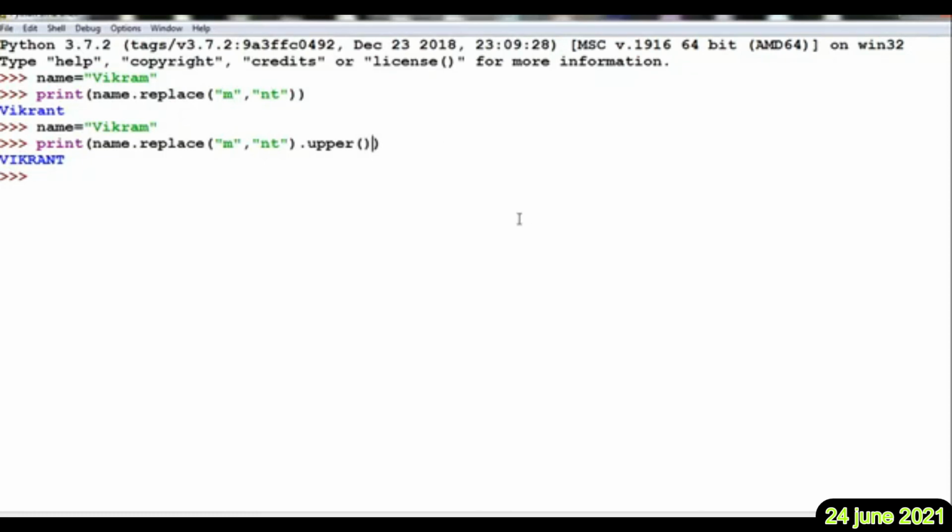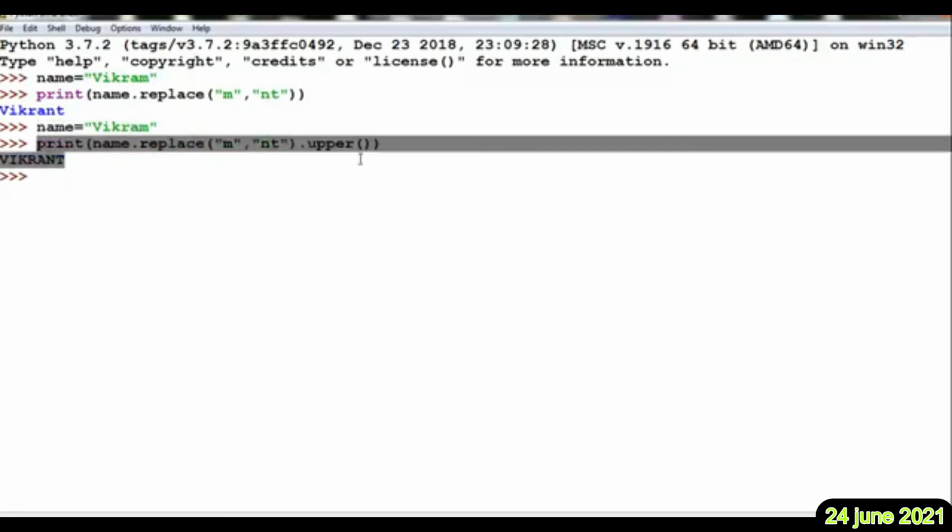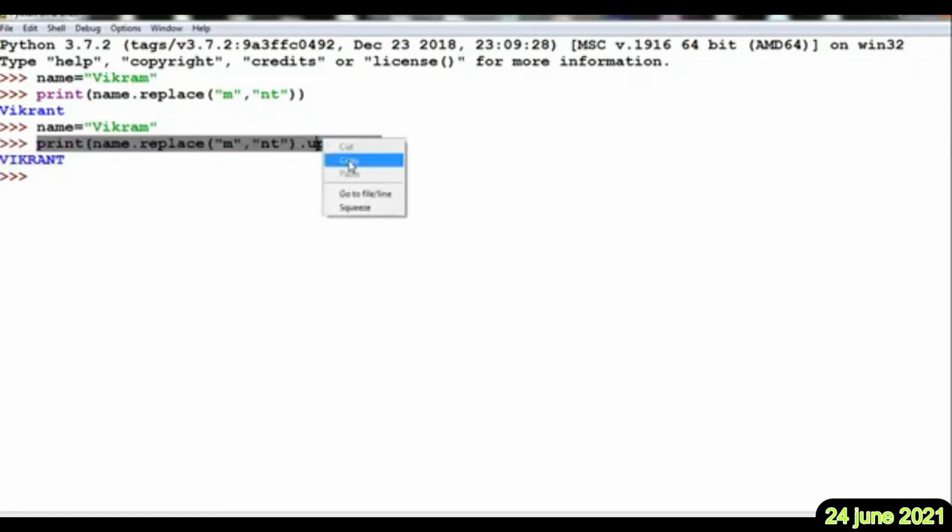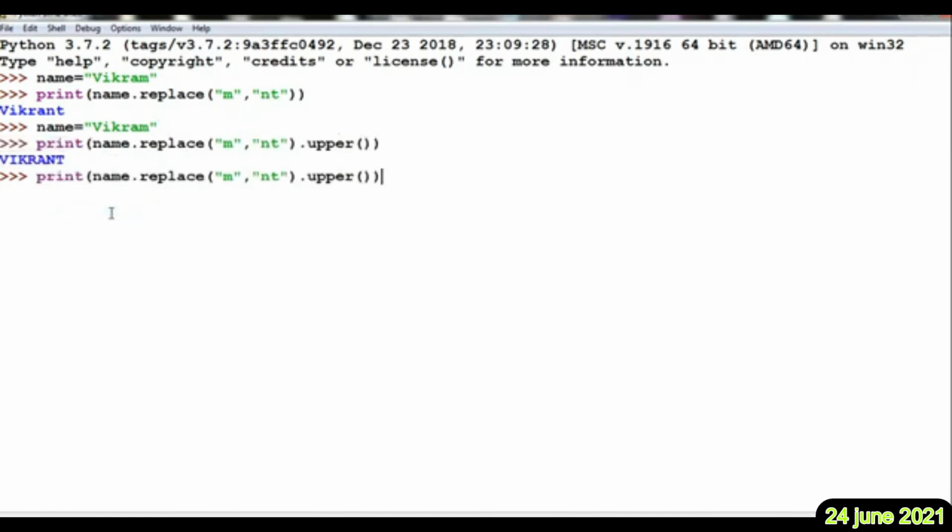You want to do slicing and see. Is any slicing possible? Let us check it. Now what I will do, I will copy and paste it here. Now here, after this name, let us do from beginning to 3.